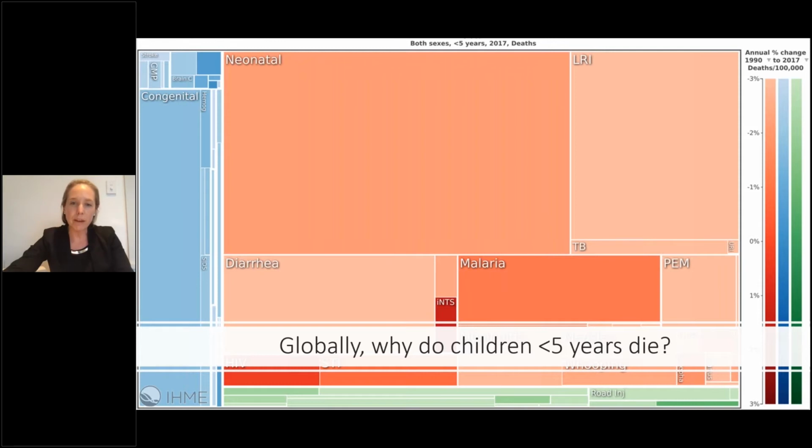But if we look around the world and look at why children less than 5 years of age are dying at the moment, this data that's really beautifully painted by the Lancet Global Burden of Disease study shows us that across the world, neonates are by far the most at-risk age group of dying. You can see that box there where they constitute certainly the riskiest period in a child's life.